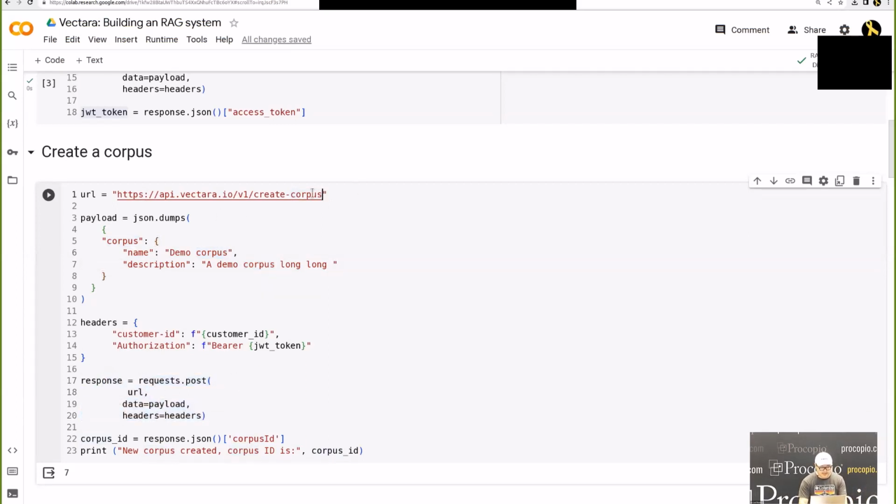So this is our endpoint. So basically API.Vectara v1, and the endpoint is create a corpus. You send it with your credentials, and then here you go. So for example, if we do it,